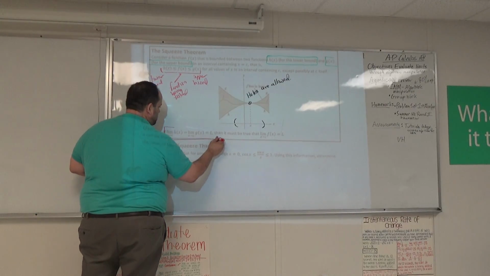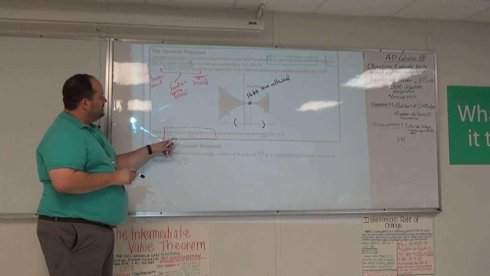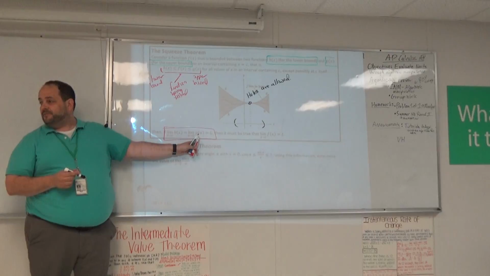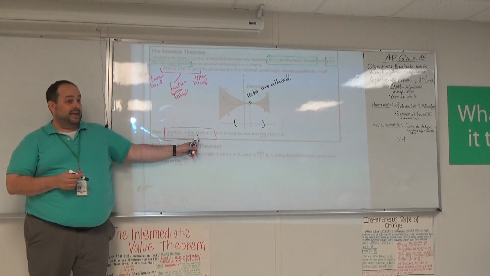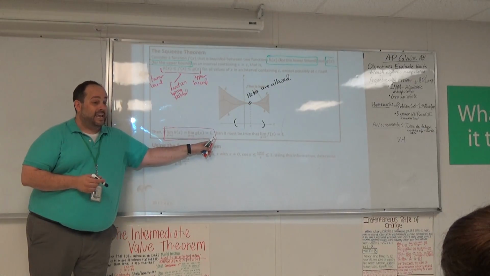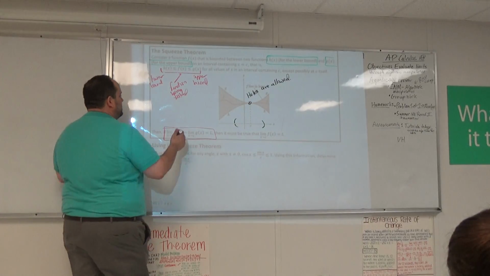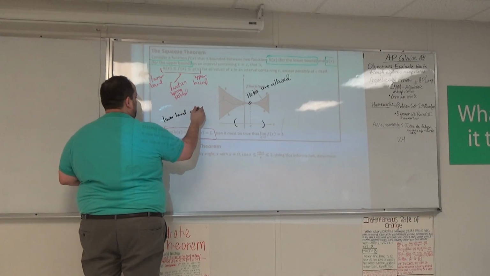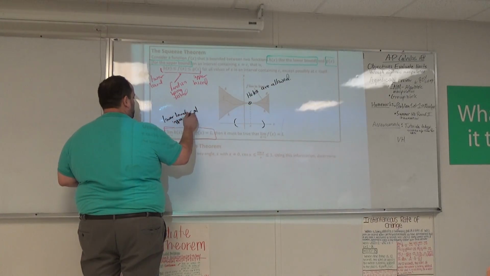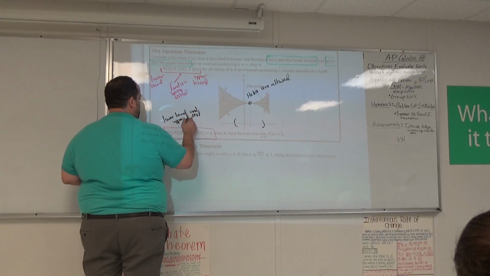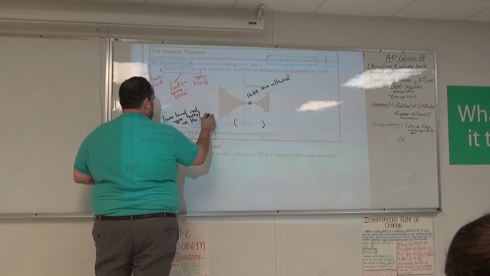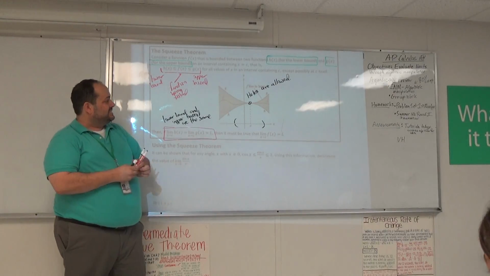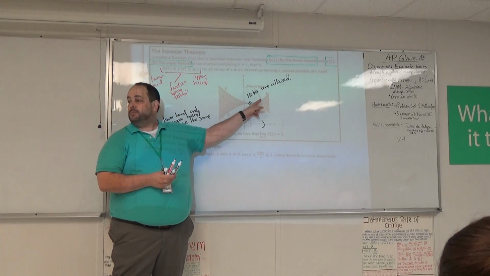and this relationship is true. My lower function has a limit, my upper function has a limit, and they better be the same limit. So lower bound and upper bound are the same. Well, if your lower bound and the upper bound are the same, and f is trapped between h and g,